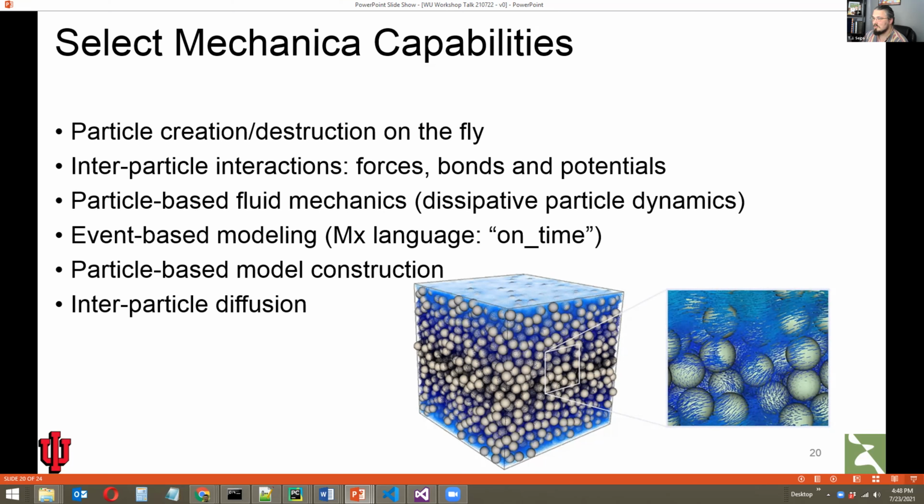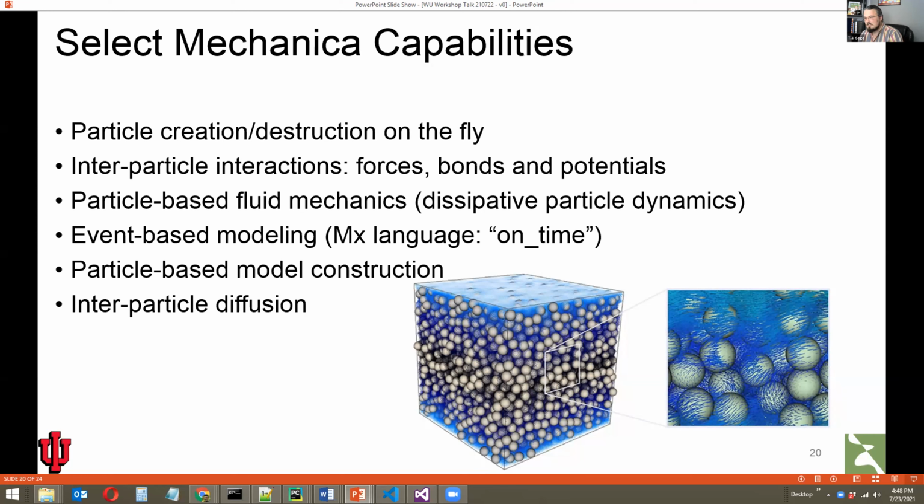It's also possible to assemble particles into larger structures using what are called bonds, something like a deformable rod with mechanical properties that joins two particles and describes the energy required to displace those particles with respect to each other.